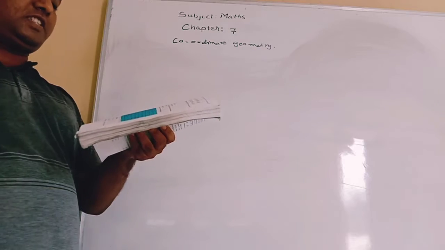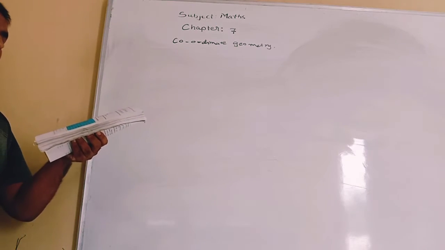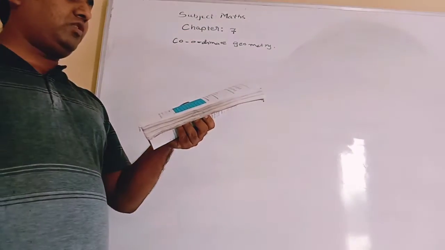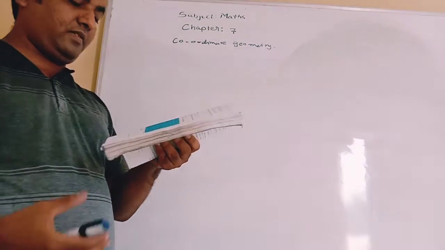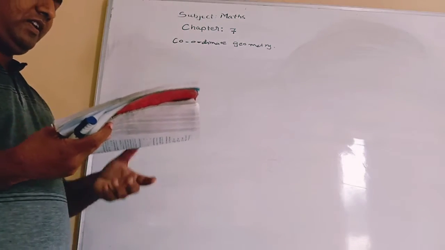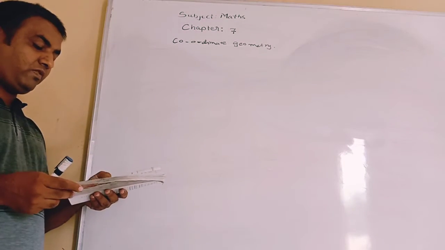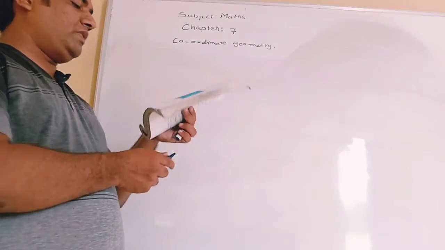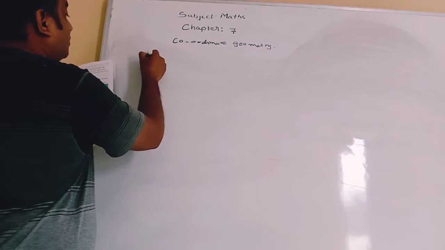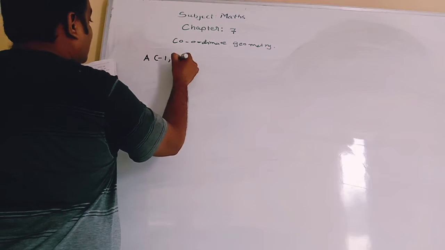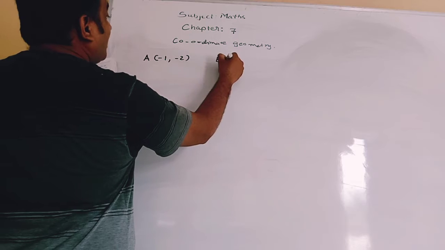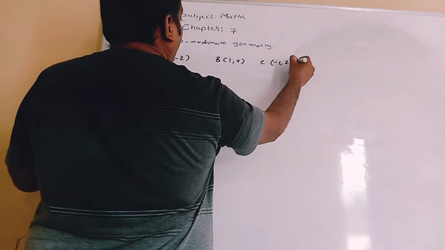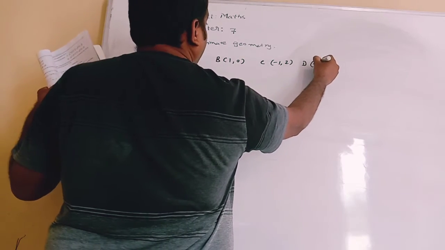So your question 6 is given. Name the type of quadrilateral, means 4 points ABCD are given and through it we have to decide the types of quadrilateral. So to decide the types of quadrilateral, we know that 4 sides and diagonal we have to find out and through it we can decide. So let's first sum is given A equals to (-1, -2), B is given (1, 0), C is given (-1, 2) and D is given (-3, 0).